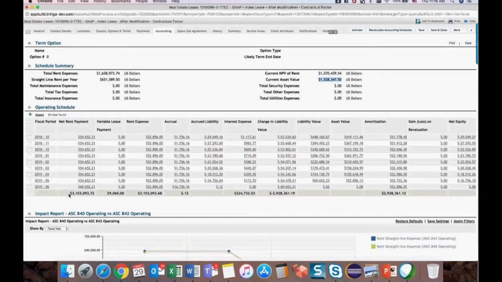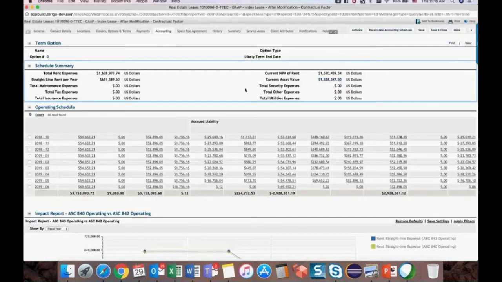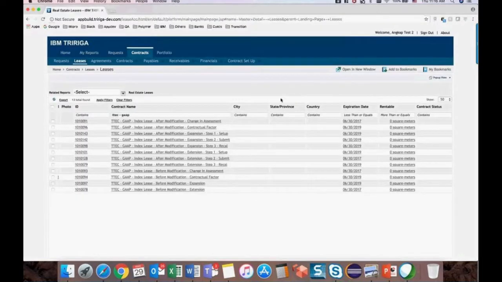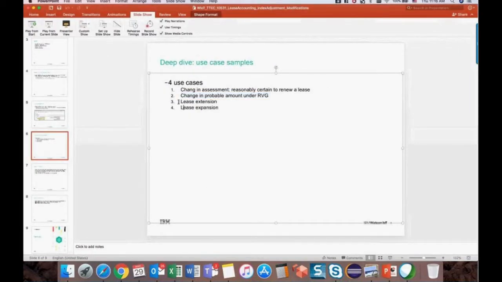Nothing is there. Again, if you sum the total of the net rent payment and the variable lease payment, it should be equal to your total payment line item amount. So that's the second use case, which is how the variable becomes fixed when you do a contractual change, the change of the probable amount for the residual value guarantee. So the next use case would be the lease extension. When you do a lease extension,